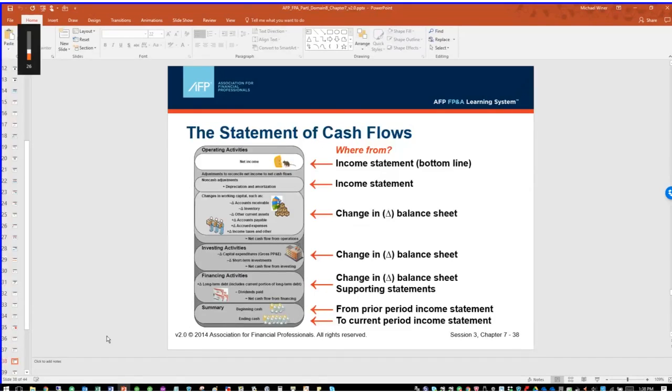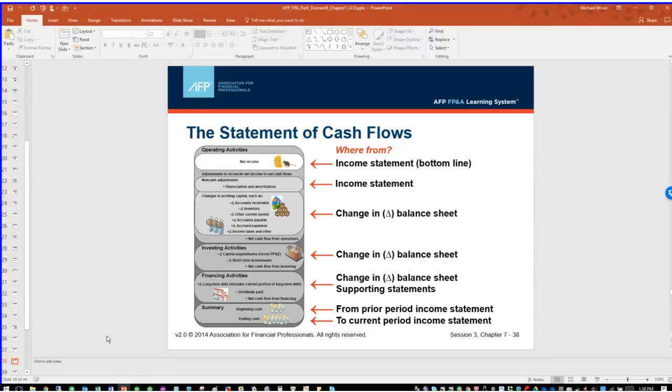Okay, statement of cash flows. This is the third of the primary financial schedules that are required under GAAP, Generally Accepted Accounting Principles. Statement of cash flows is also a period type statement. It tells you what happened over a period of time, not just where you stand at the end of time. So in that regard, it's more like an income statement than a balance sheet, except it's not measuring income, although it does start with income. It's measuring the flow of cash over the time period.